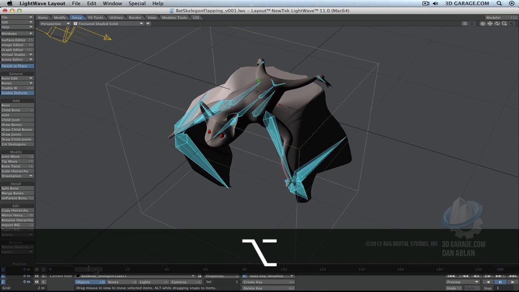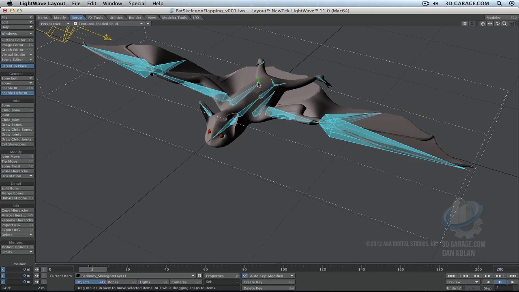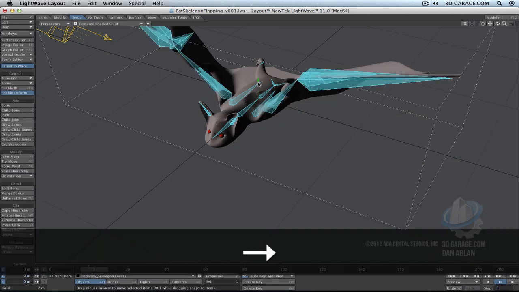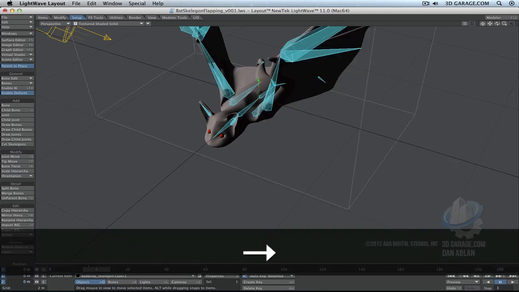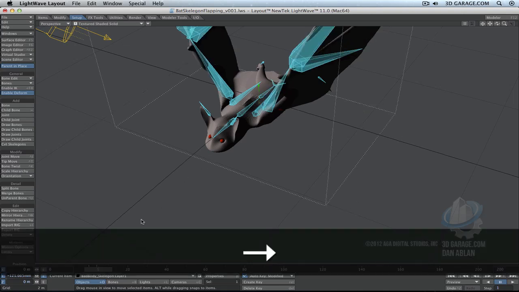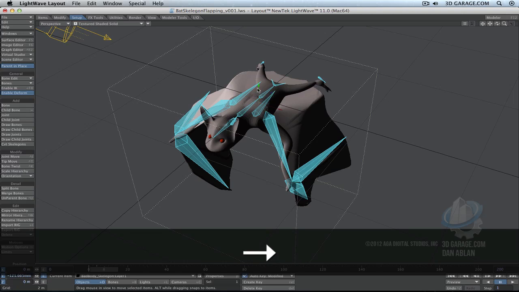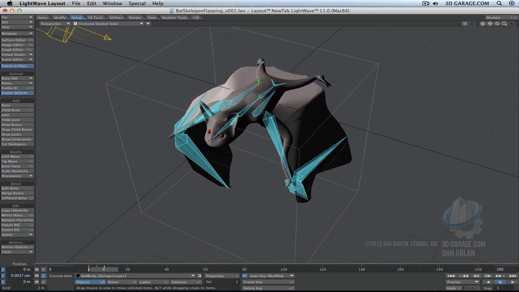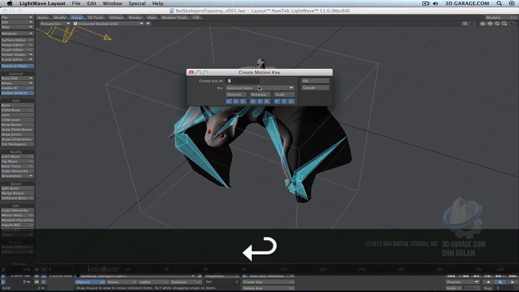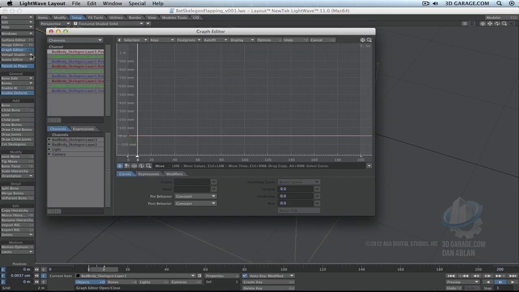Let's just go frame by frame. So the wings kind of come up, he should be coming down. So I'd say when the wings are at 4, he could be here. And as the wings kind of come back up, at 8, he could be back up here, which is also frame 0. Then we need to go to the graph editor,